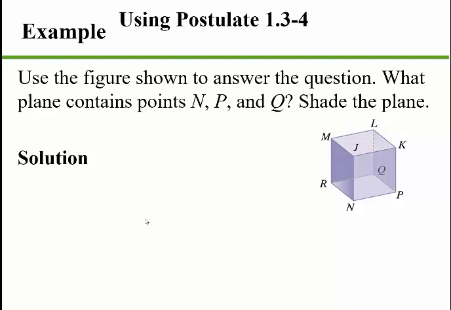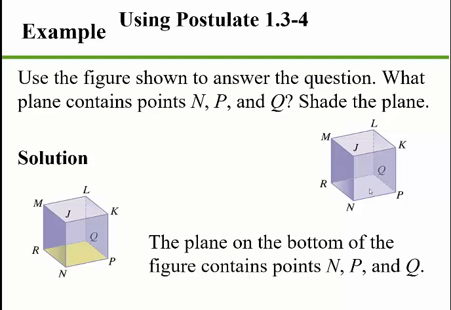All right, so let's use this figure to answer the question. What plane contains the points N, P, and Q? And shade the plane. So here's N, here's P, here's Q in the corner. If you think about that, the only plane that can contain it looks to be this bottom one right here. So the plane on the bottom of the figure contains the points N,